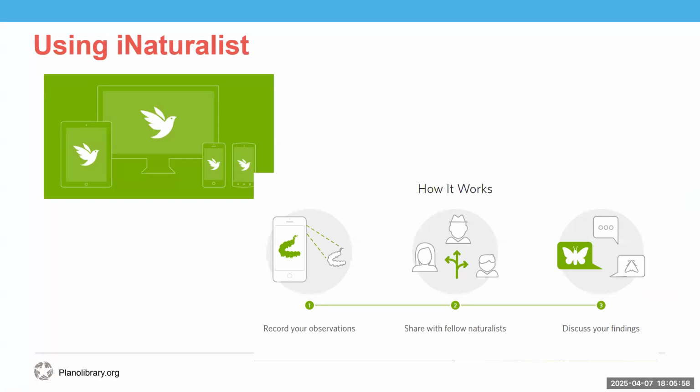iNaturalist is a crowdsourced species identification system and an organism occurrence recording tool. This means that you can use iNaturalist to record the plants, fungus, and animals that you see, as well as get help with identifying what they are. It does not record all ecological phenomena. So like rocks or water features, it is only going to focus on plants, animals, and fungus. There is a web version, and iNaturalist is available as a free app for both the Apple and Android devices.